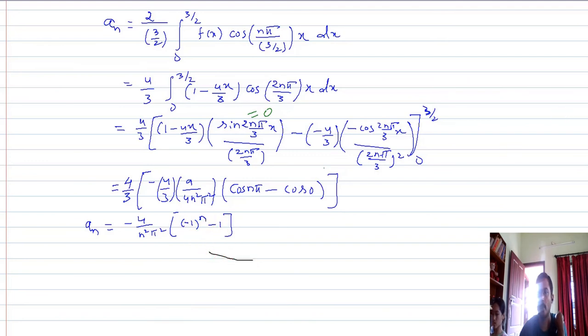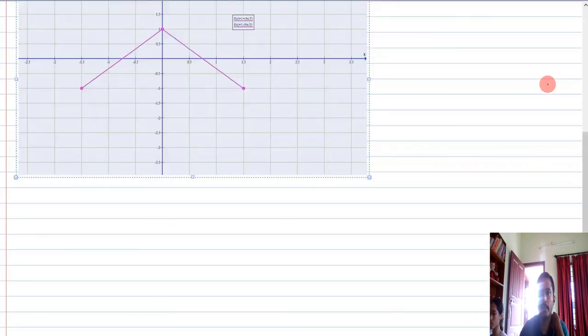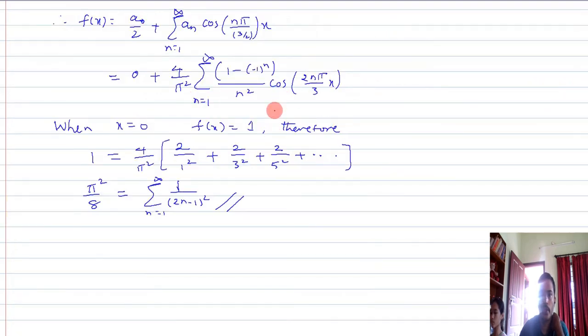So this is an. So finally f of x can be written as a0 by 2 plus the summation from 1 to infinity of an cos n pi x by l. When we substitute x as 0, what is the value of the function when x is 0? Again I should go back to the function. So the function is here. When x is 0, it is defined as 1 minus 0, that means 1. Here also if you take x as 0, it is 1 plus 0. Therefore, the function value f of x is 1 when x is 0.